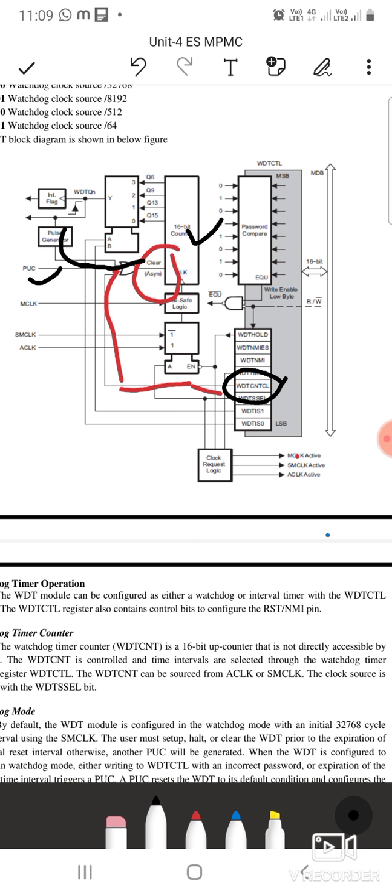So you are having three different ways to clear your counter: one is through the counter clear register, another is the PUC in watchdog mode, and then the watchdog timer IFG interrupt flag can also clear the counter. So this is how the internal structure of this watchdog timer functions.